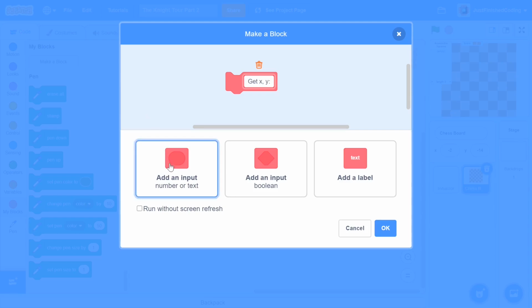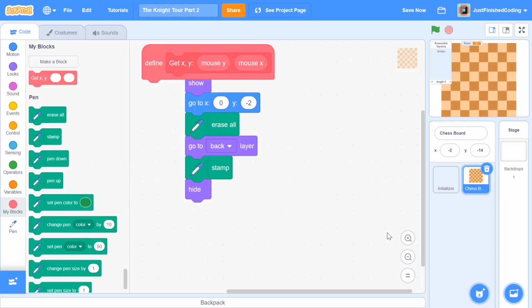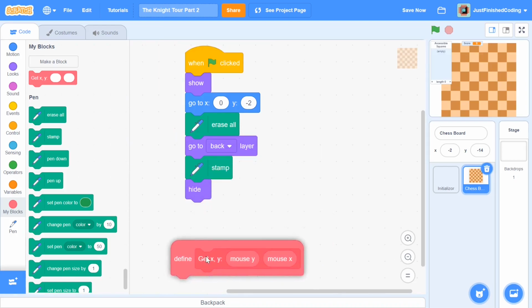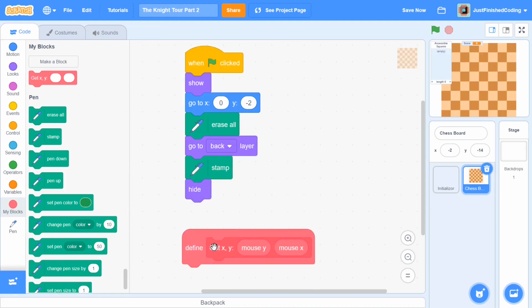So the inputs I'm going to add in are going to be called not mouse x comma mouse y, it's going to be mouse y comma mouse x, and not really a comma if you think about it. I'm going to add in two inputs, so mouse y and mouse x. And if you really think about it, the way I structure the coordinates, which is not the best way of structuring the coordinates, but it works out in our case.